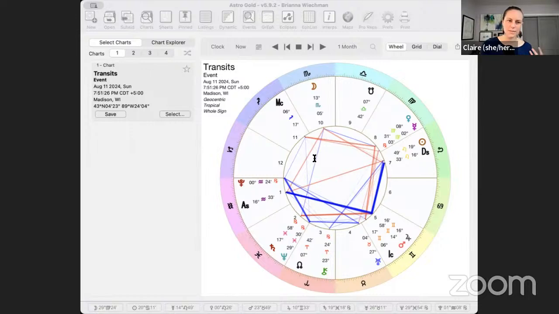Yeah, and I guess I should say too, sometimes those redirections of a retrograde are temporary, sometimes they are not. Sometimes a retrograde will refocus us or redirect us, and that trajectory will hold even after Mercury or Mars stations direct later on. So not to invalidate, yeah, retrogrades can really shift things. Sometimes it's temporary, sometimes it's not.